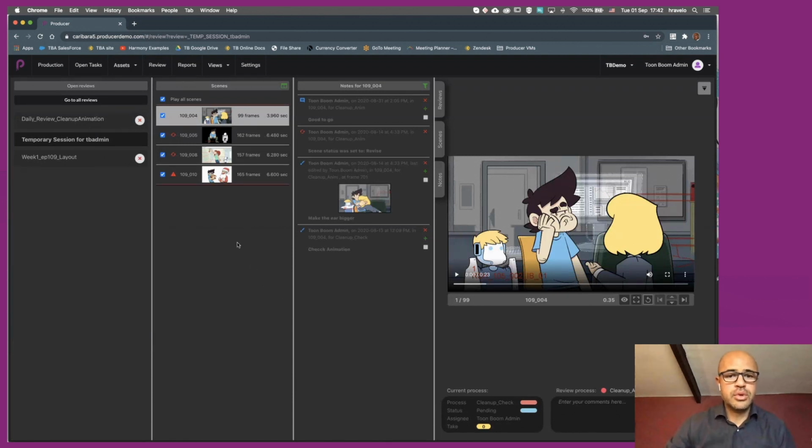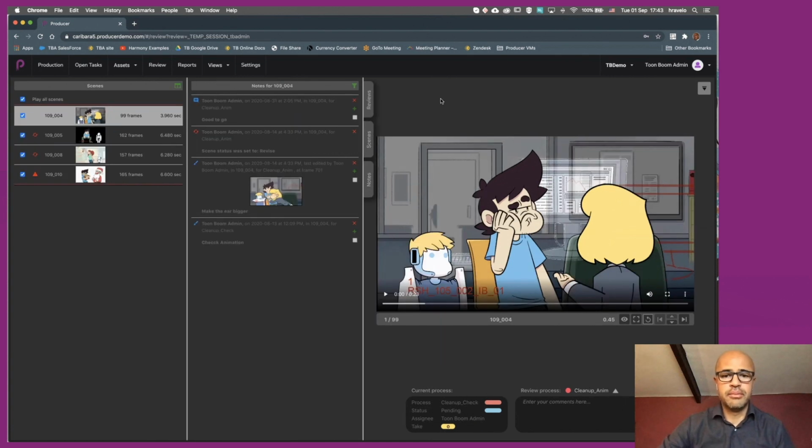In this window, you can see a couple of columns. Here is the list of all the review sessions available from which you can switch from one to the next. The list of the scenes in this review session, and the list of notes already available for each one of these scenes. Let's give ourselves a bit of space and maybe hide the review column.